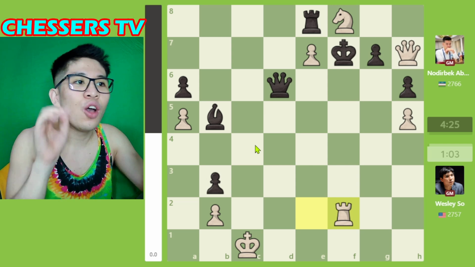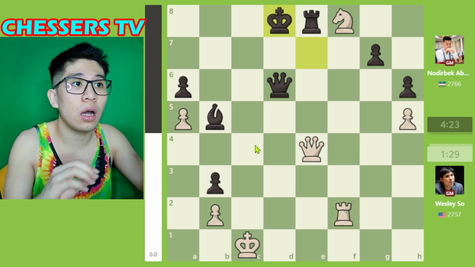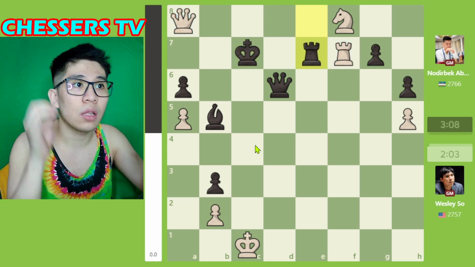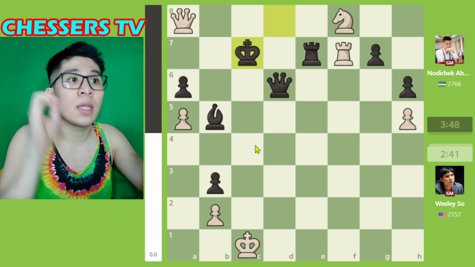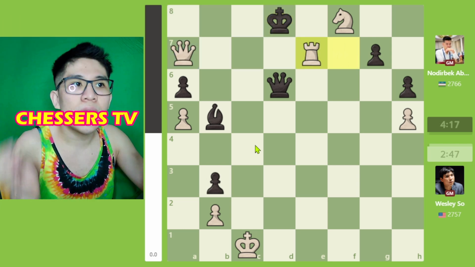King F7, Rook F2, King takes E7, Queen E5, King D8, Queen A8, King C7, Rook F7, Rook E7, Queen A7, King D8, Queen A8, King C7, King A7, King D8, Rook takes